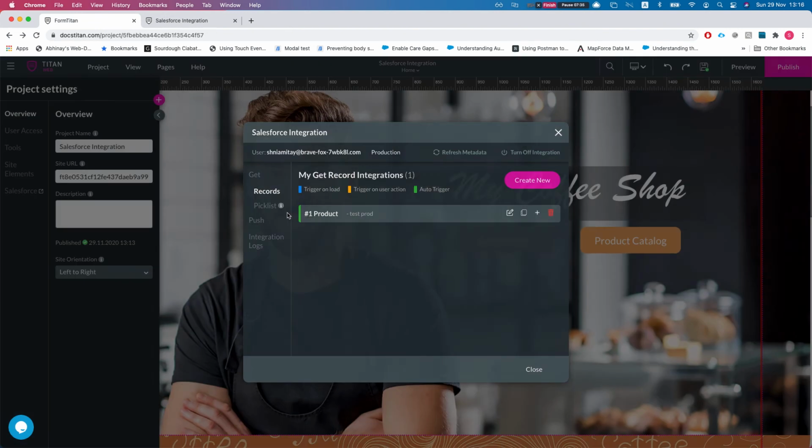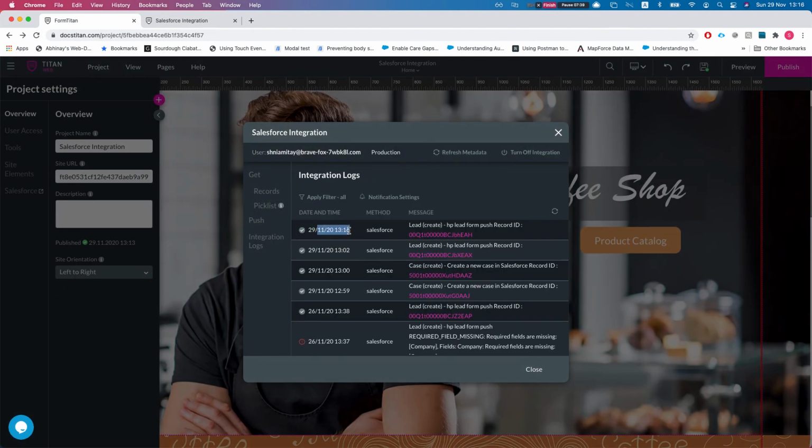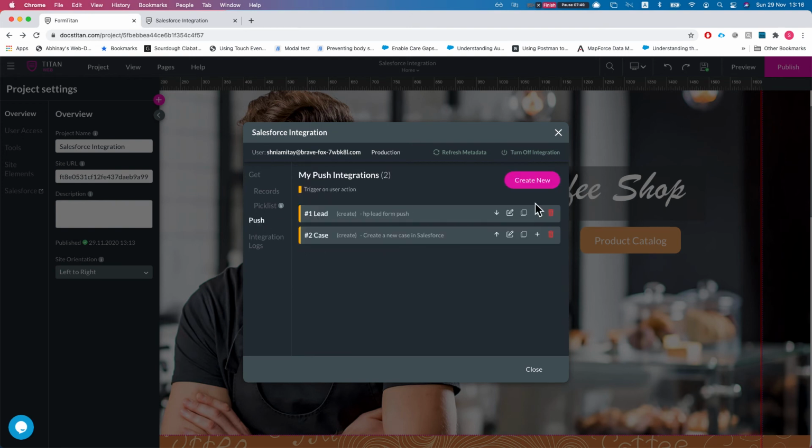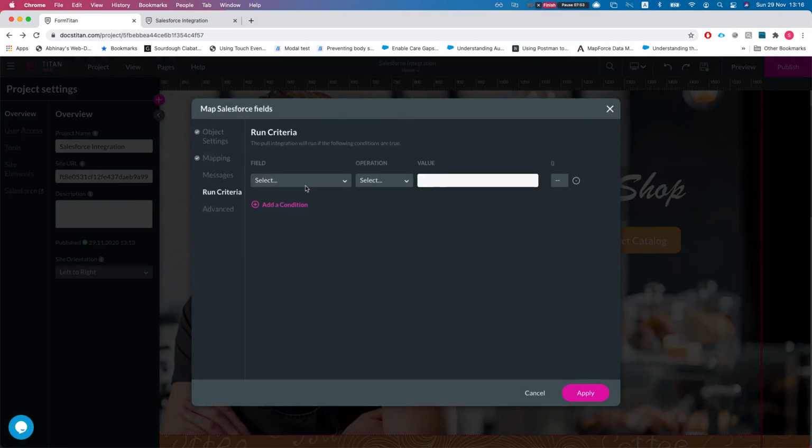And if I head back to Salesforce and take a look at the integration log, we can see that the lead was created. Wonderful. But what if we want to prevent this? We want to make sure that the tell us more is filled and the company is filled. So we'll head back to the push, we'll edit this, and I'll say run criteria. Only run this push if,